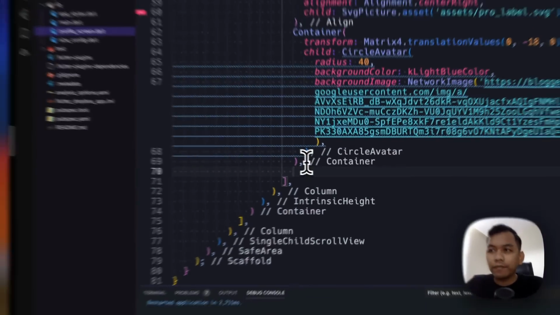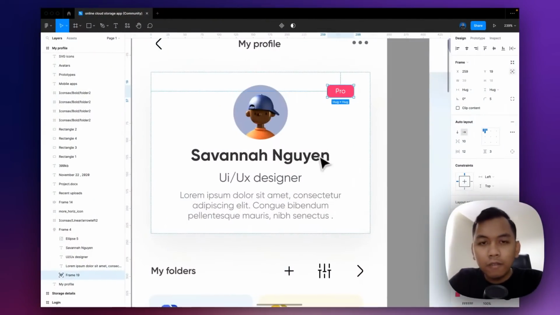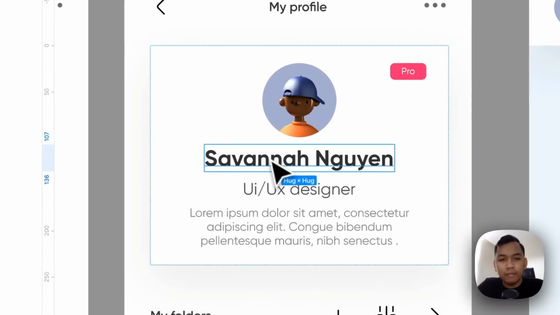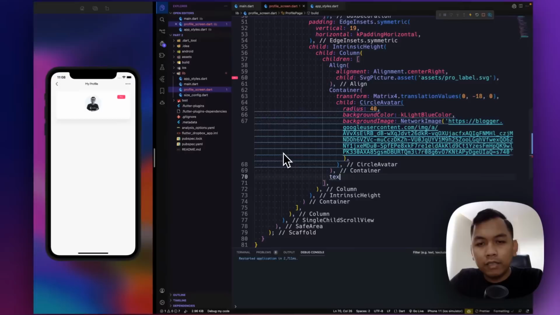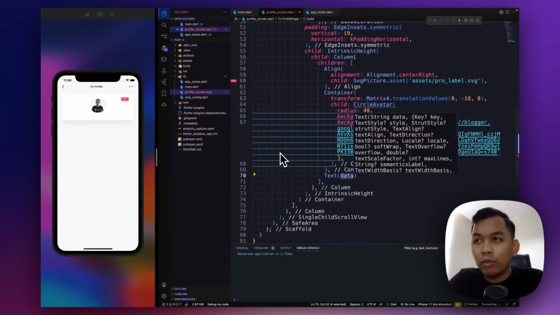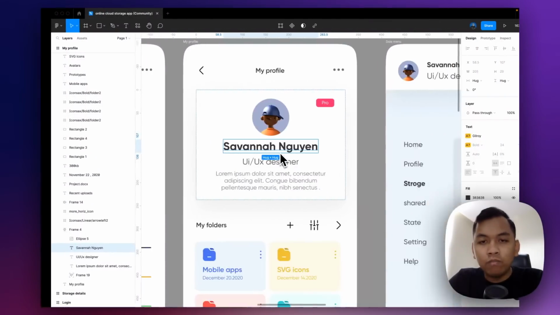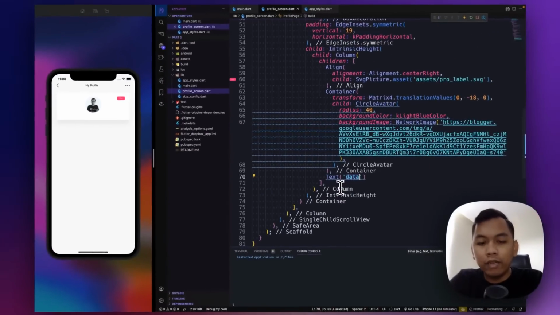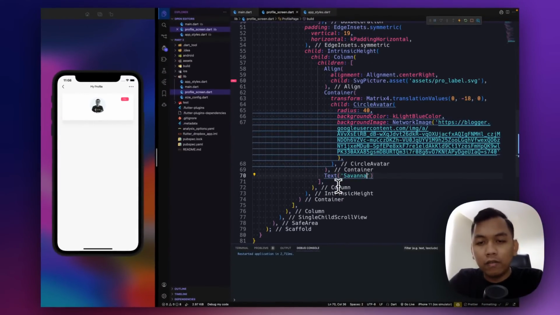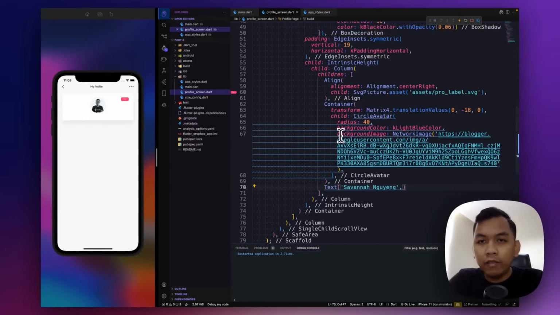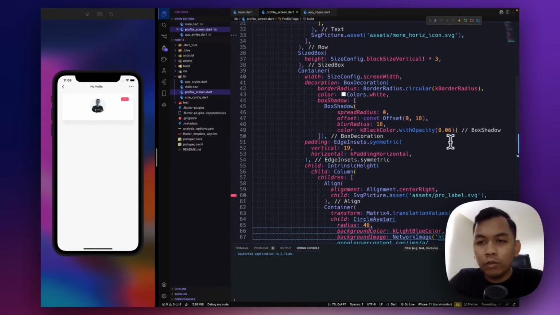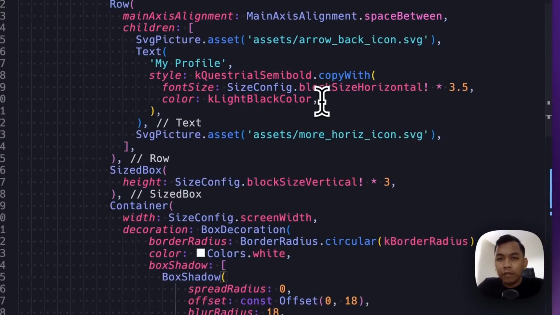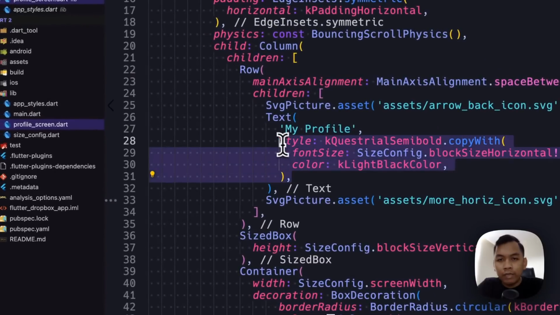The next, we will have this text widget. So below this, let's add a text widget, and we say the name, and just copy this. I'm sorry, Savannah Nguyen. And we need to go into text style. Where are you? Here.